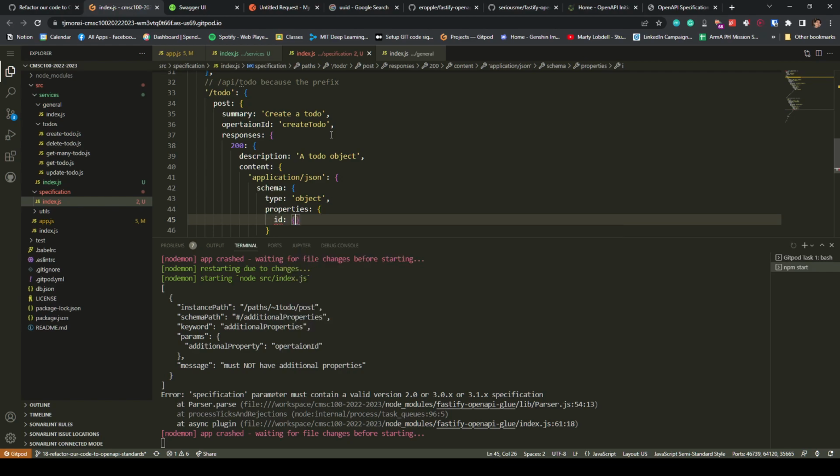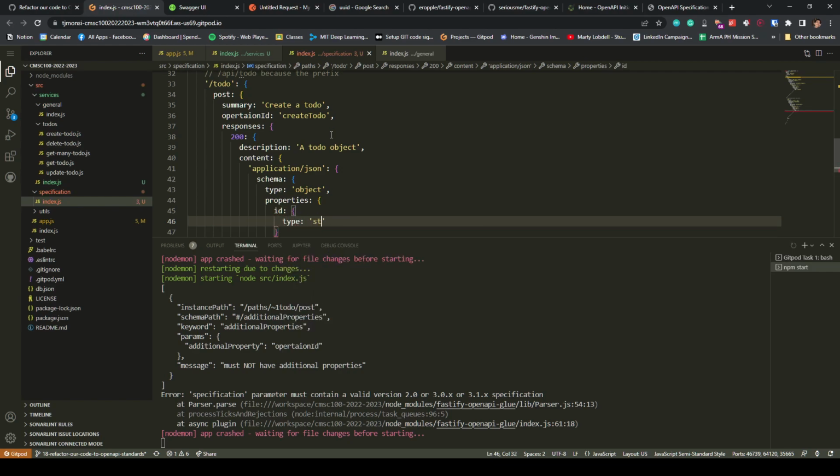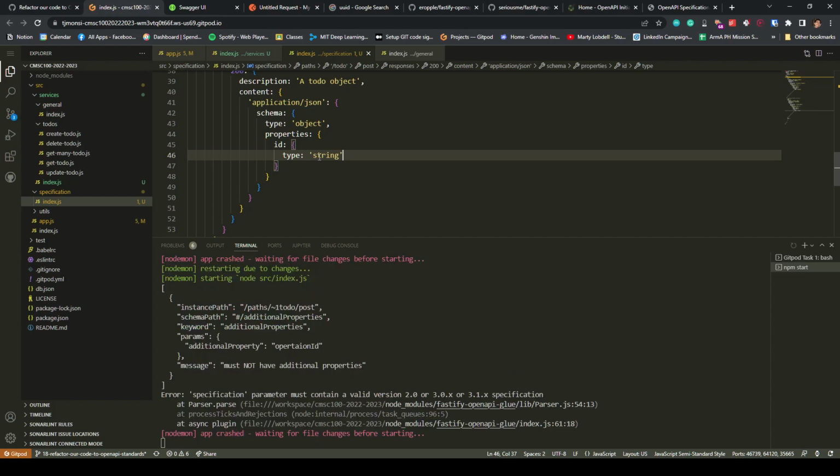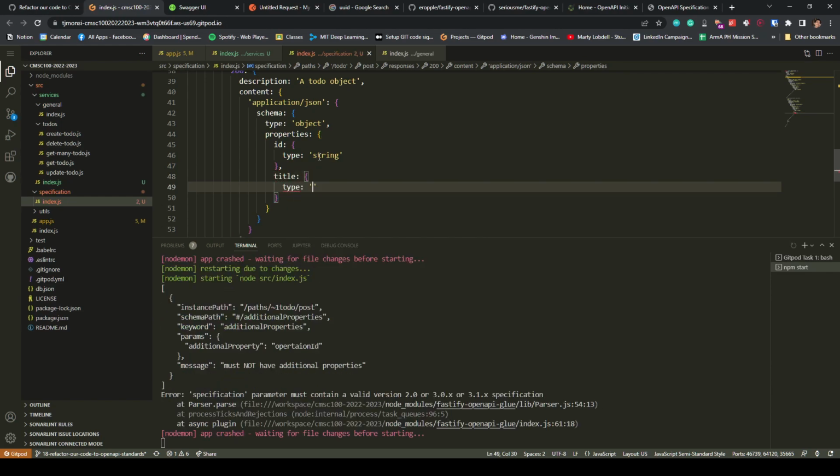The properties are ID, which is of type string, what's this again? Title, which is another of type string,